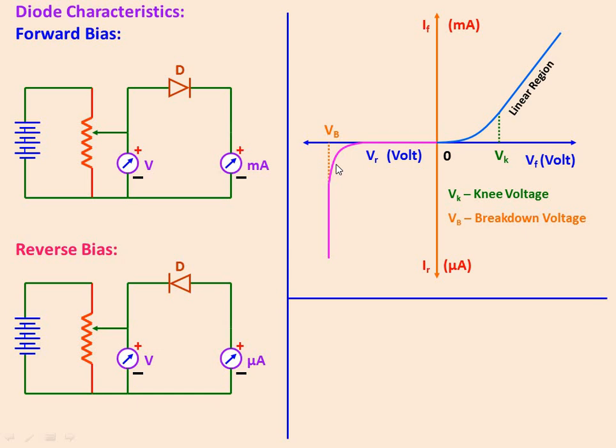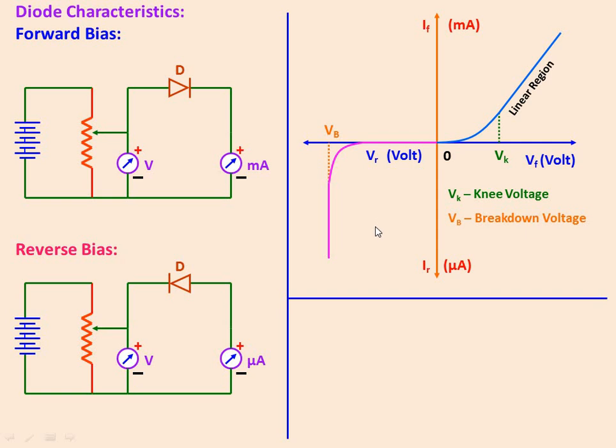At that particular point, the charge carriers associated with the ions inside the PN diode will gain maximum kinetic energy because you are applying the potential, eV. So they will knock out from those ions, and the diode will be destroyed permanently. What happens when the diode is destroyed permanently? It completely becomes like a conductor, and that's the reason why the current shoots up here. Have you understood this? And that current we call the reverse current.